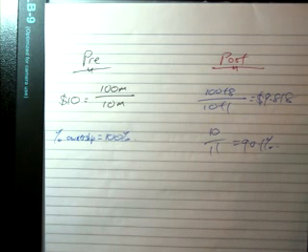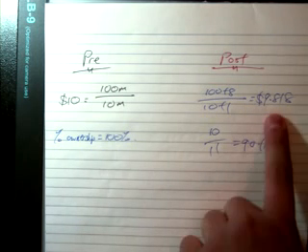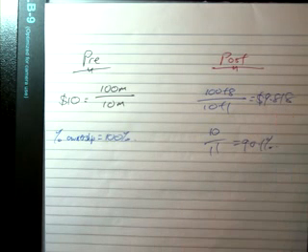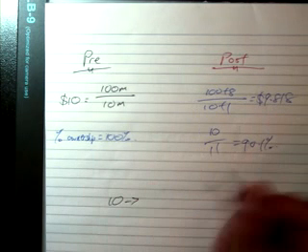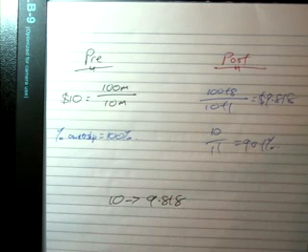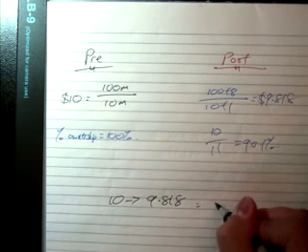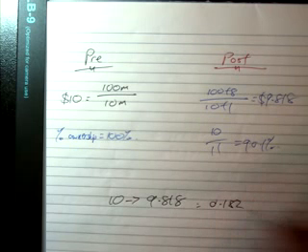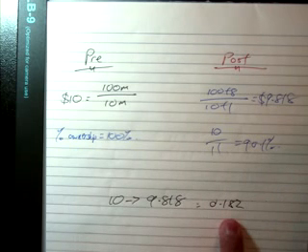But for me, I normally look at it from the existing shareholders' perspective. So you see, for every existing shareholder, the share price has fallen from 10 to 9.818. So on a per share basis, the change is actually 0.182 per share. Okay, so for an existing shareholder that's holding on to one share, this is the wealth loss